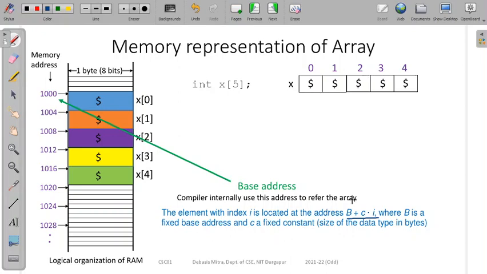Did you get my point? Since the compiler knows this base address, and also knows the data type, this C is known. C depends on the data type. For integer it will be 4, for character it will be 1, like that it will change, and I will be the index. So by computing this expression, it can directly reach it; it doesn't need to calculate 1000, then 1004, then 1008, not like that. When you ask it to